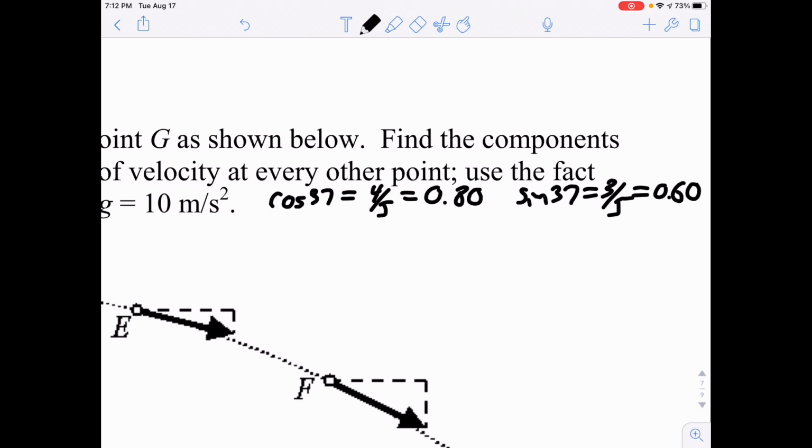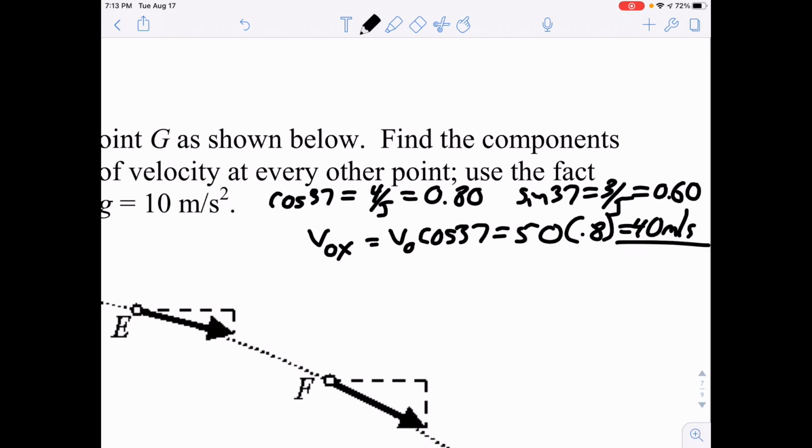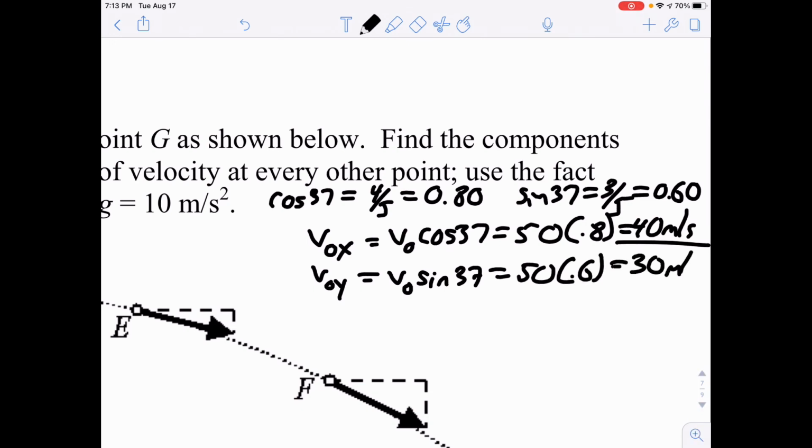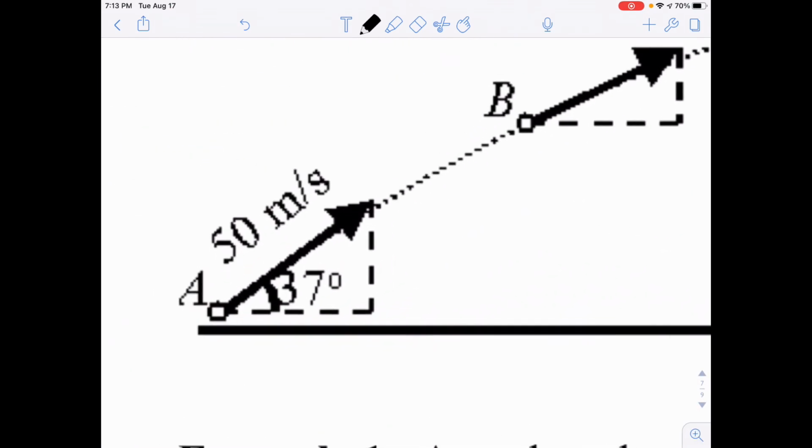So now, if I want to find V naught x, it is V naught times the cosine of the angle, which would be 50 times the cosine of 37, or 0.8. And 50 times 0.8 is 40. And then V naught y is going to be V naught times the sine of that same angle, which would be my initial velocity of 50, but times 0.6 this time, which is 30. So you can see we get, if we put the vector components on here,